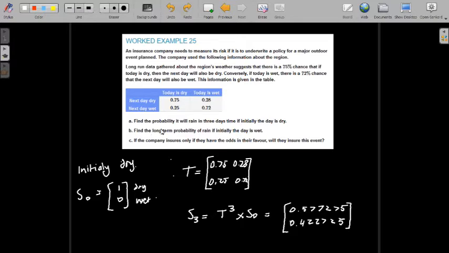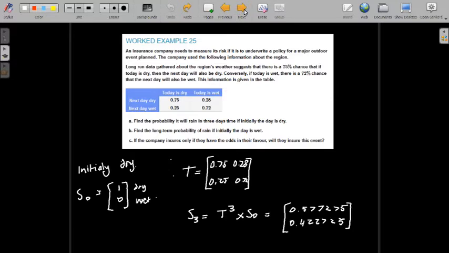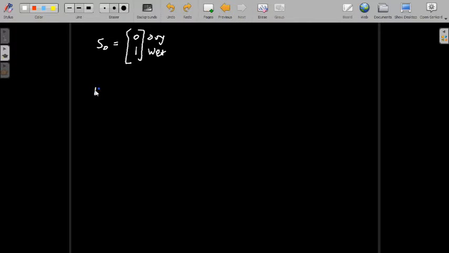Part B, find the long-term probability of rain if initially the day is wet. So we're saying initially our day is now going to be wet. So we've got dry and wet. And we want to work out the long-term effect, so the long-term probability. And to do that, we need to work out S of a high number. And if you remember from past video, 50 is a good number to choose. So if we go S of 50,